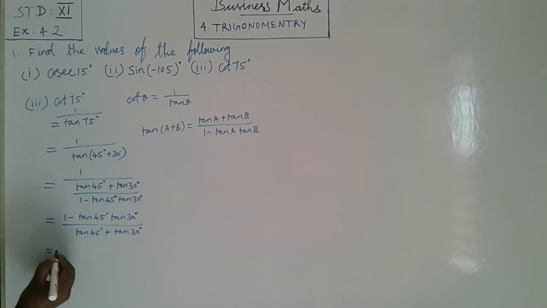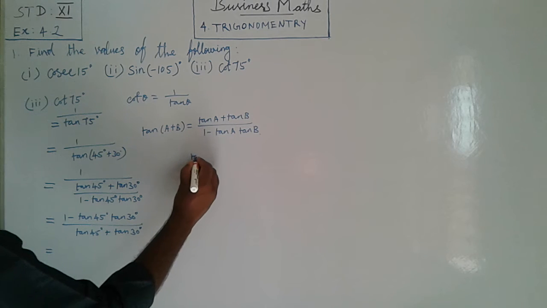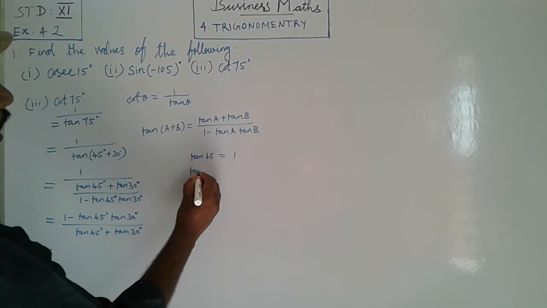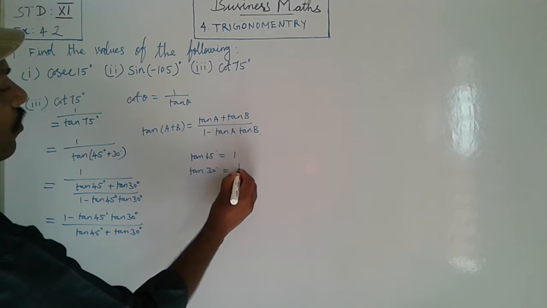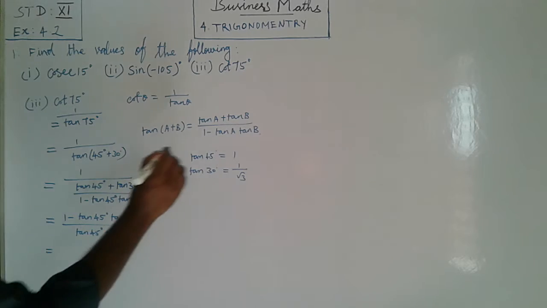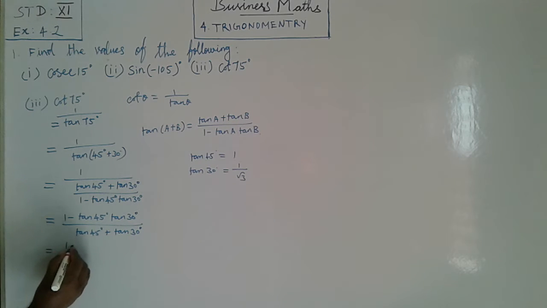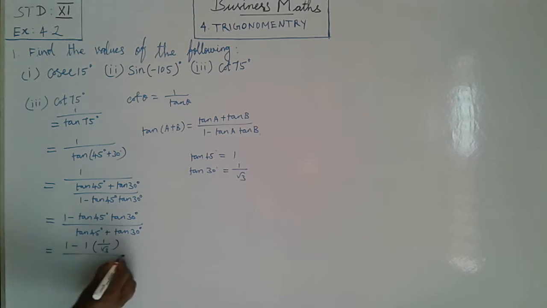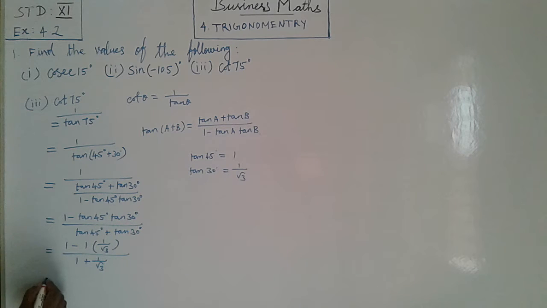So we should write this value. Tan 45 degree is equal to 1. Tan 30 degree is equal to 1 divided by root 3. So we should substitute here: 1 minus tan 45, which is 1, into tan 30 degree, which is 1 by root 3, divided by 1 plus tan 45 into tan 30 degree, which is 1 by root 3. So that is equal to